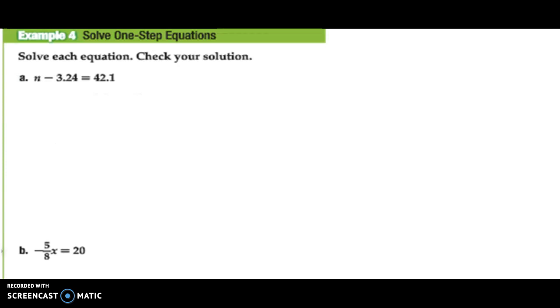So these are just one-step equations, and we've done these before. But letter A says n minus 3.24 is equal to 42.1. So I want to get n by itself. I'm isolating that variable. I look, and it says minus 3.24. So the opposite of subtracting 3.24 is adding. So I just add to both sides. And so we end up getting n is equal to